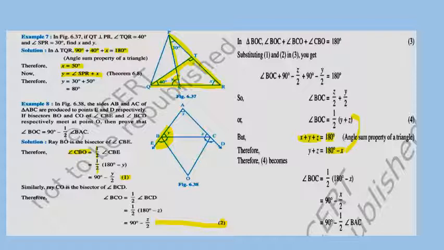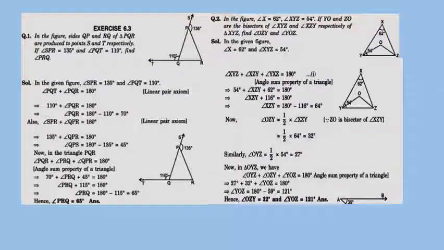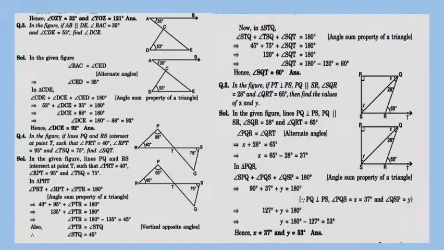we proved the problem. So dear student, this is a small assignment for you based on the angle sum property of a triangle and the exterior angle property of a triangle. See, this type of questions we have already solved in standard 7th, if you remember it. So here are some examples. So try to solve these examples. And the solutions are given here. So if you are unable to solve the examples, go through the solutions and note them down in your notebook.